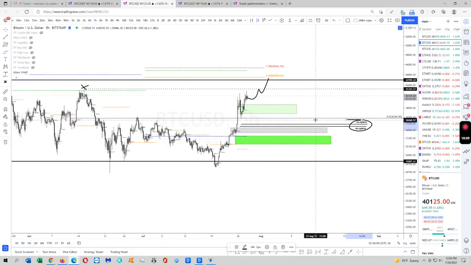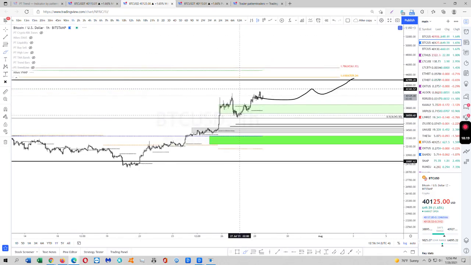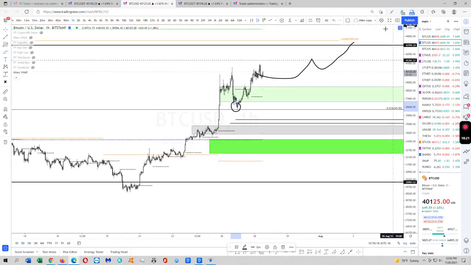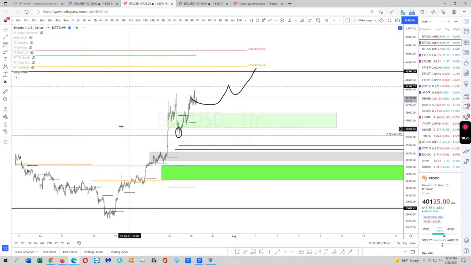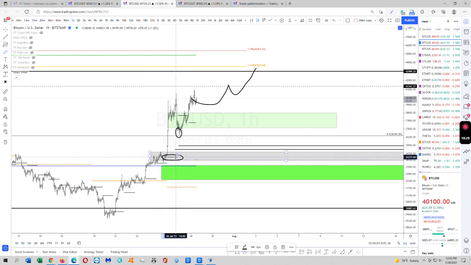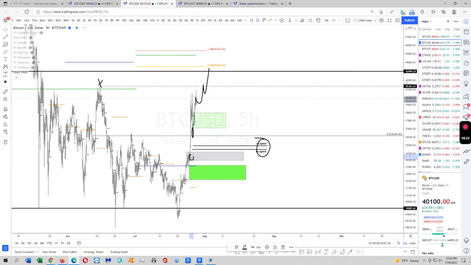I cannot see us not retesting the weekly open. It's just too far away. It left massive gaps. This low, I'm like 90% sure we'll get swept. That's how confident I am about this low. This low will get swept. Definitely will get swept. And truth be told, if you want to do leverage longs, personally speaking, this VWAP over here is ideal. 34.3-ish. So that's how I'm playing the current range on the higher time frame.